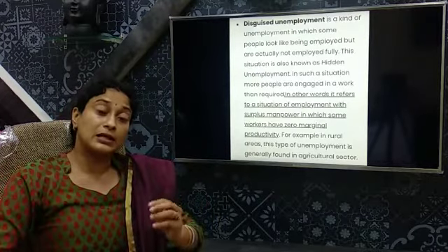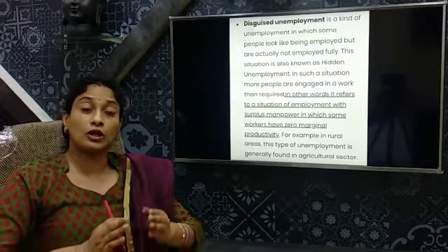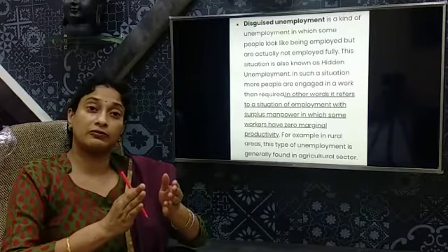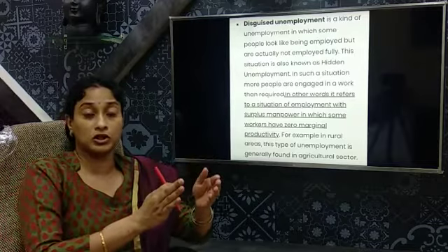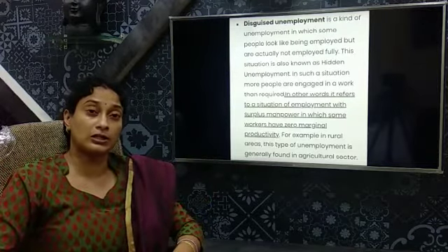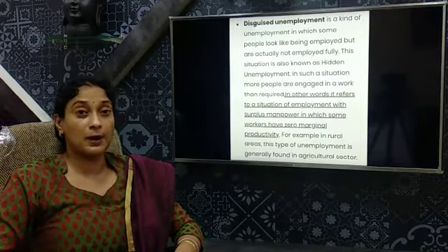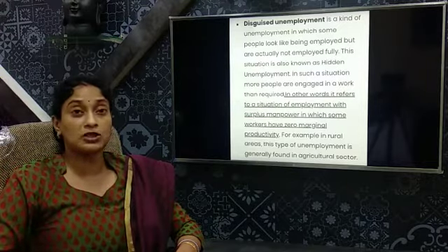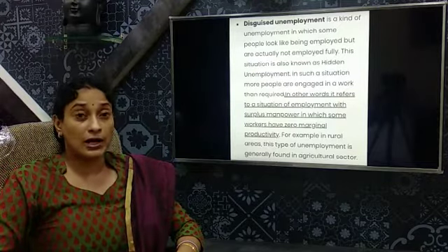What happens in disguised unemployment is that there are more than the required number of people engaged in a work, and they tend to earn their living or income without contributing up to their productive potential. Initially, when 10 people were producing 100 kgs, the output of each labor was 10 kg. Now when 8 laborers are producing 100 kgs, the output of each labor is 12.5 kgs, which shows that the